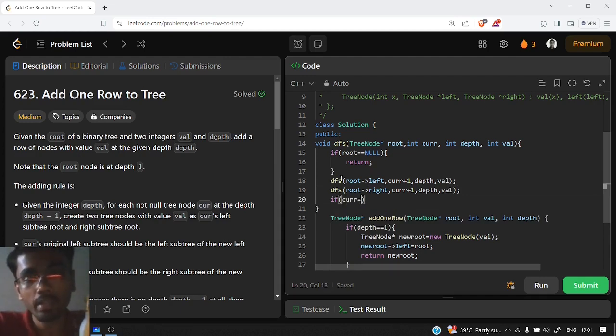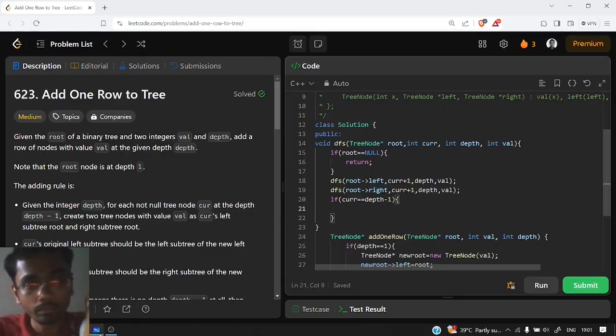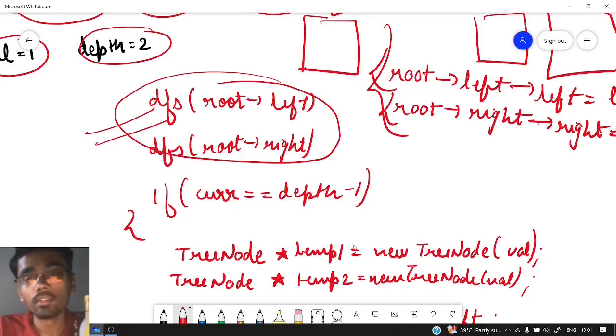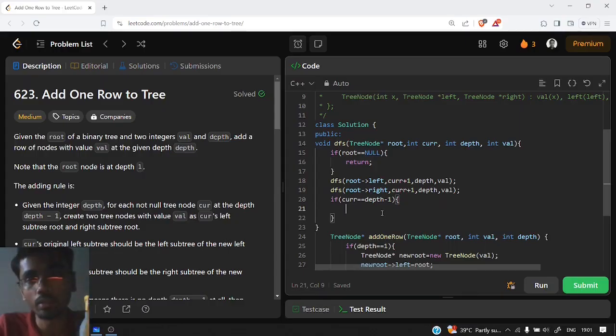So if our current depth is equal to depth minus 1, first we will create temp1 and temp2, which will be the new left node and the new right node.